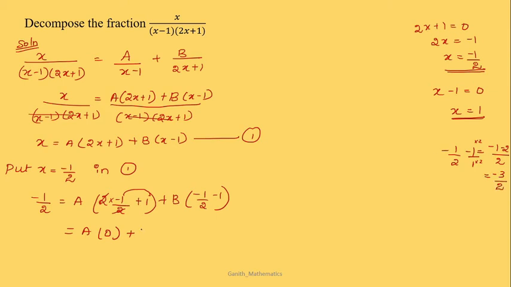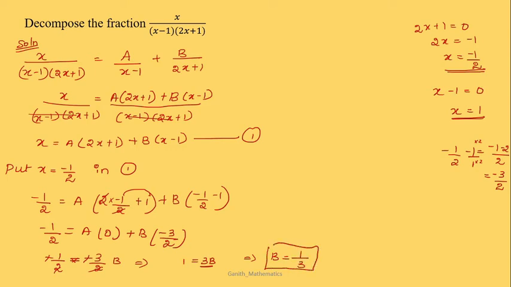So it is b into minus 3 by 2. This is minus 1 by 2. Okay. So what we are having now, minus 1 by 2 into, equal to minus 3 by 2 into b. So minus and minus will get cancelled, 2 and 2 will get cancelled, which implies that 1 is equal to 3b. When this 3 goes to another side, here it is in multiplication, so that will be in division. So our b is equal to 1 by 3. Okay. Our b is equal to 1 by 3.